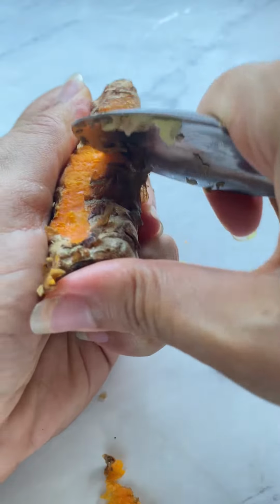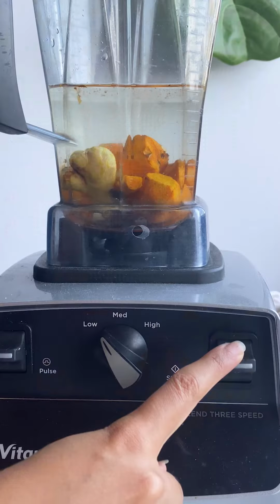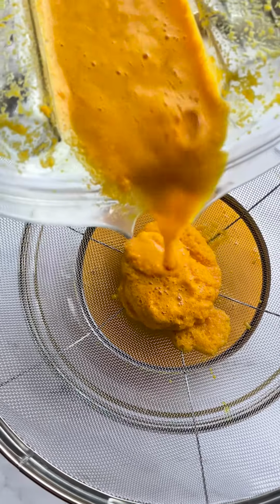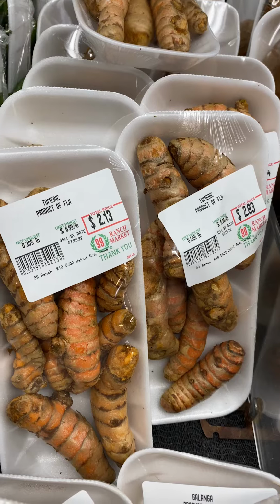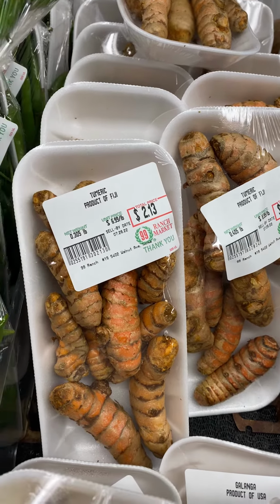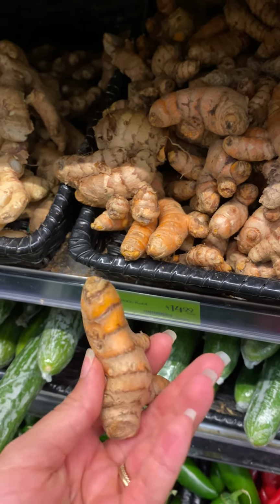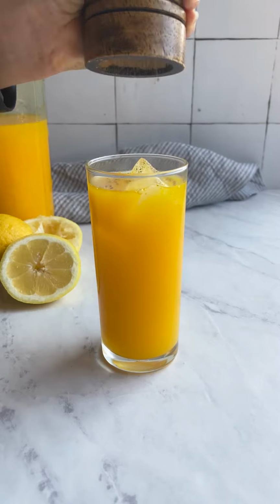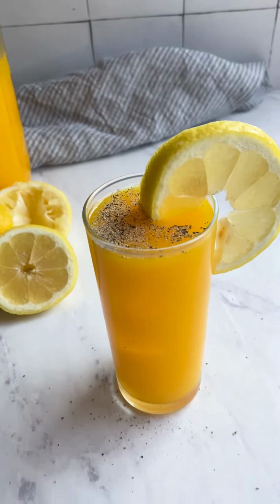This is my favorite way to get turmeric. It's basically a lemonade with turmeric and ginger juice. You don't need a juicer for this, just blend them up with water and strain the juice. FYI, raw turmeric is fairly cheap at Chinese supermarkets, but costs an arm and a leg at Whole Foods, so shop accordingly. Mix the juice with some simple syrup, plus a pinch of black pepper to make the curcumin more